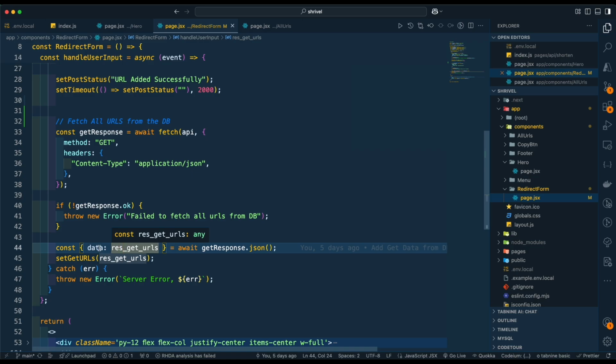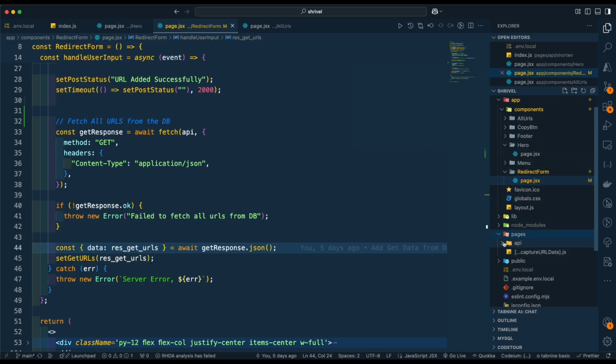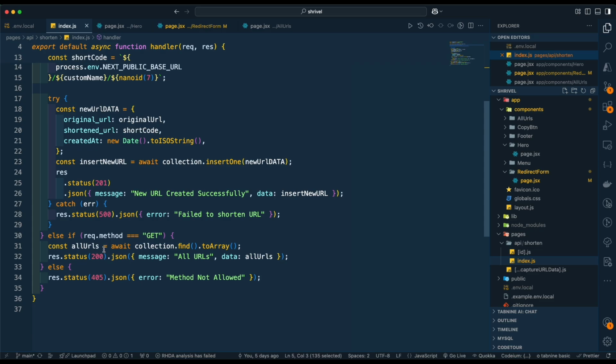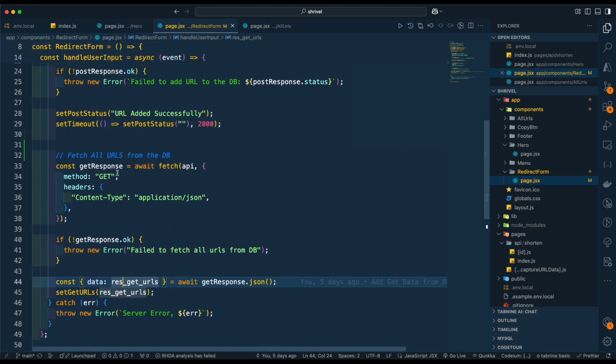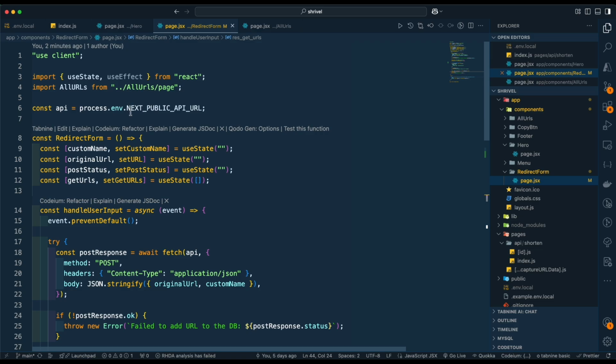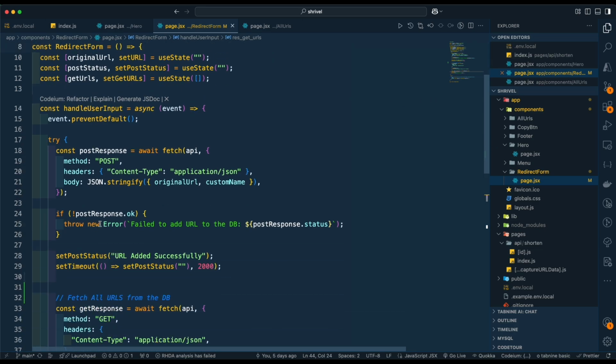However, remember when we are saving data into the database, we return it into a data fragment. Real quick, I think I've talked about this before, but if we go into index, you see in our response over here, we return all these URLs into a data fragment. So if we go back to our redirect, we are posting data and we are fetching data within the post component. The form that is making the post request is where we are adding